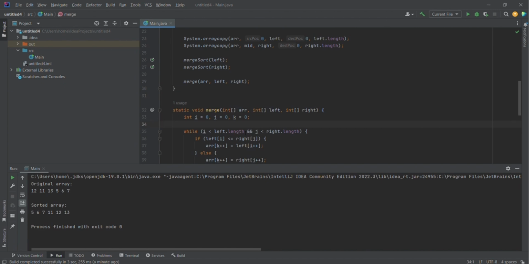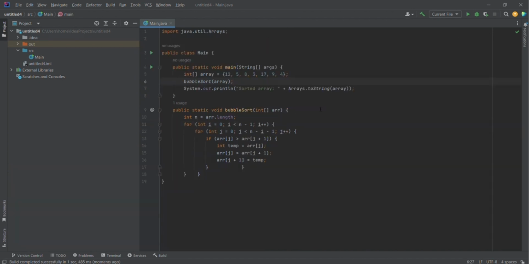The key idea is that each level of recursion processes all elements in the array, and there are log n levels of recursion. And next, it's O(n times n) time complexity, n squared. It's a quadratic time complexity, which signifies that the running time of the algorithm is proportional to the square of the input size. For example, we can use bubble sort and insertion sort, where you compare and swap elements in nested